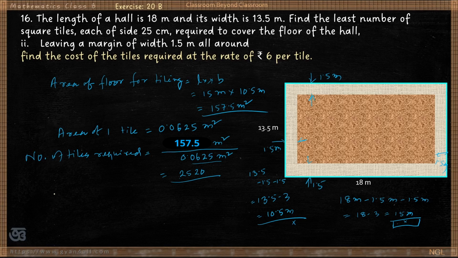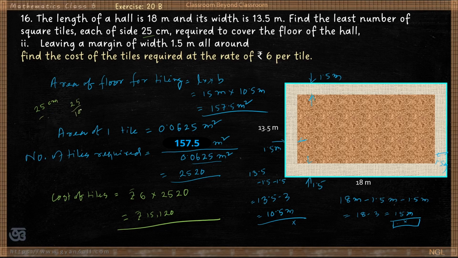So what is the cost? The cost of tiling is equal to rupees 6 again, and number of tiles is 2520, so that is equal to rupees 15,120. So in this 25 centimeters, you can do it like this: 25